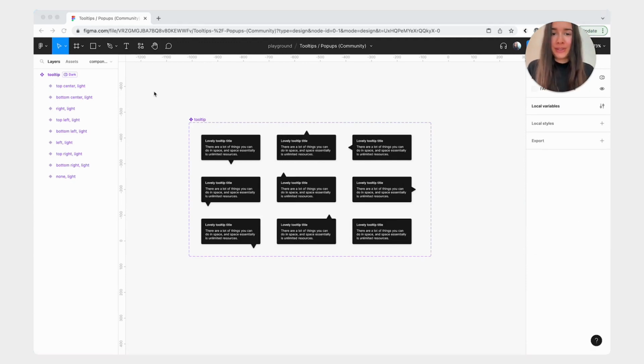So to review, the main benefit of using color variables over color styles is that it's first much easier to preview your components and designs in light versus dark mode, and you have 50% less variance to maintain for each component. Of course, there are other benefits to variables, which we'll dive into more in future videos.